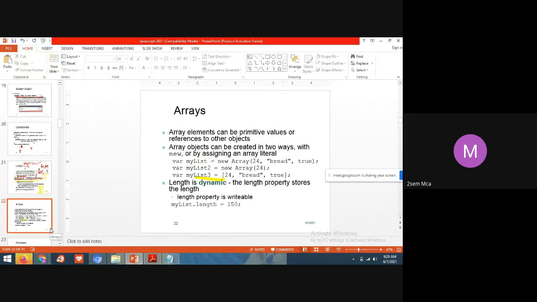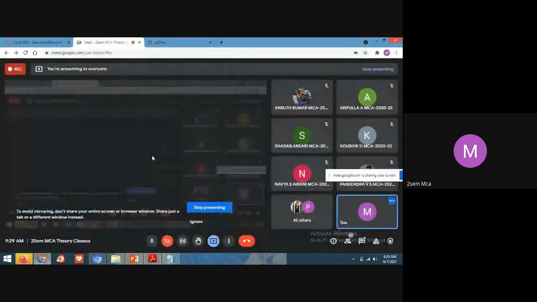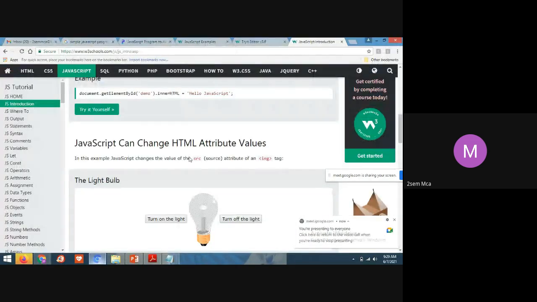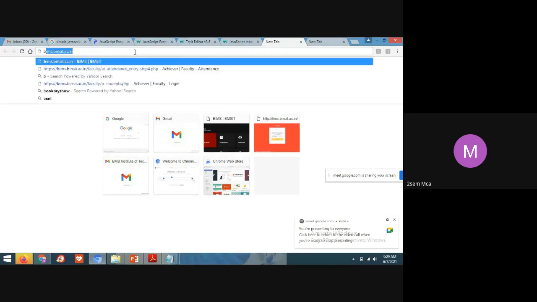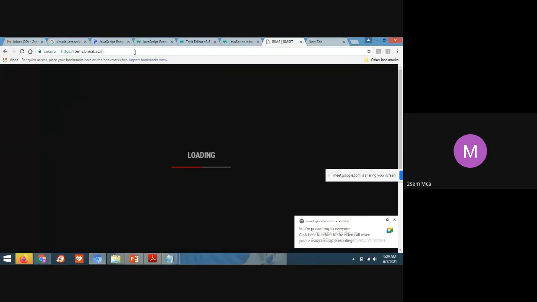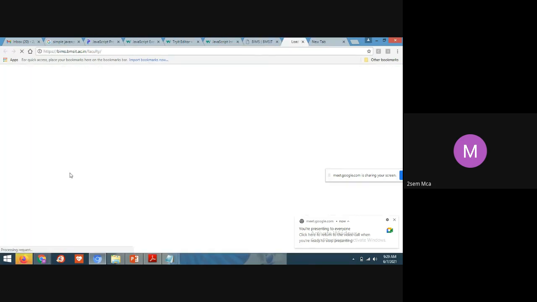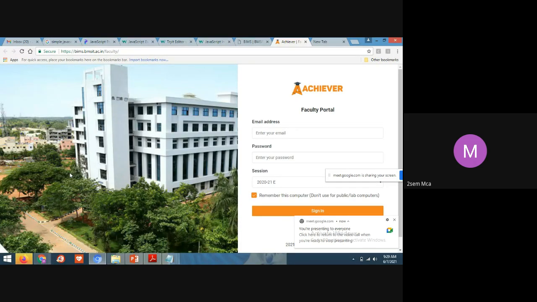How many of you have not submitted the output of the second program? How many days' time do you need, students? Tell me how many of you have not submitted. Even after telling so many times, and after I have given so much time, many have still not submitted the third output also. Why? How much time do you need to execute the third program? I have given a ready program.